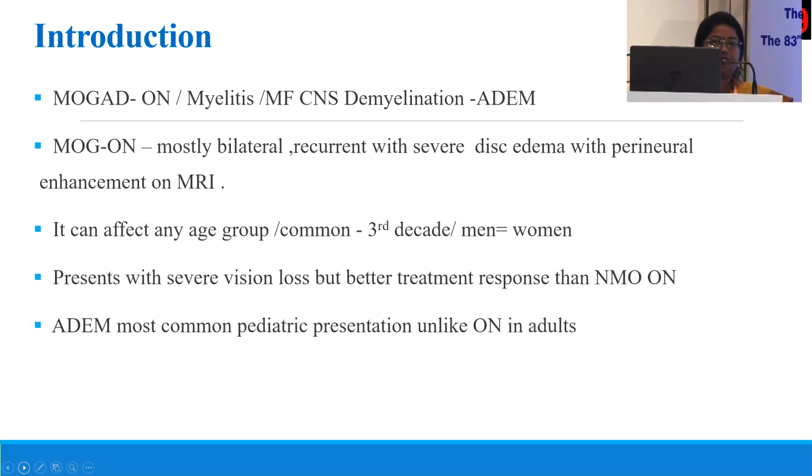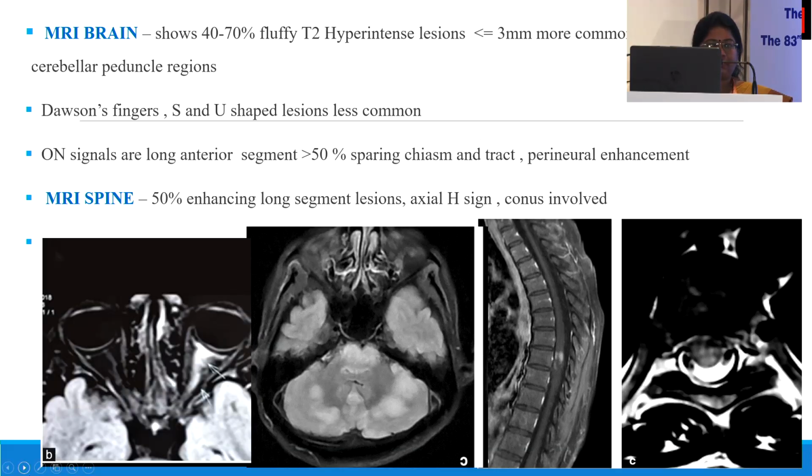But as the relapses increase, we have to be cautious because we may not get the same type of recovery. And coming to the imaging characteristics, we can see this type of, I think the cursor, yep, there it is. So you can see this type of anterior long signals along the optic nerve, which have a characteristic perineural enhancement that is typical for an optic neuritis, and they very seldom engage the chiasm and the posterior aspect of the